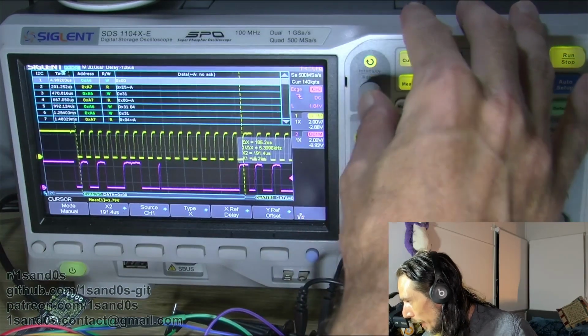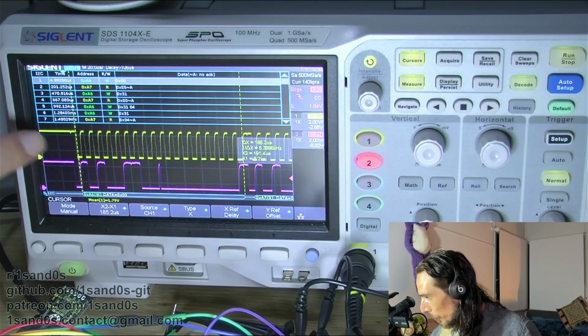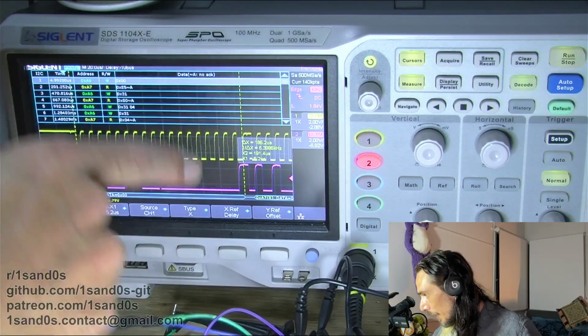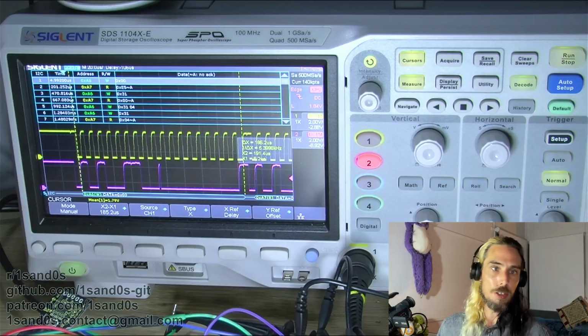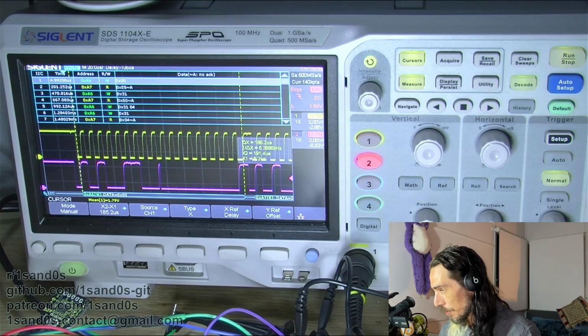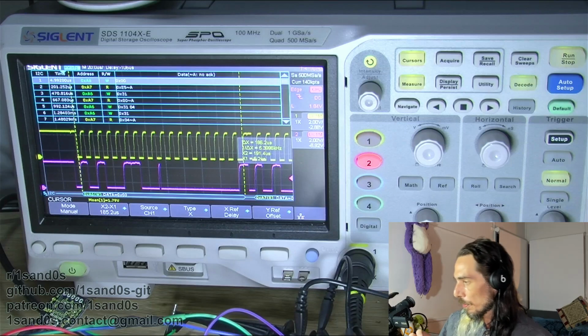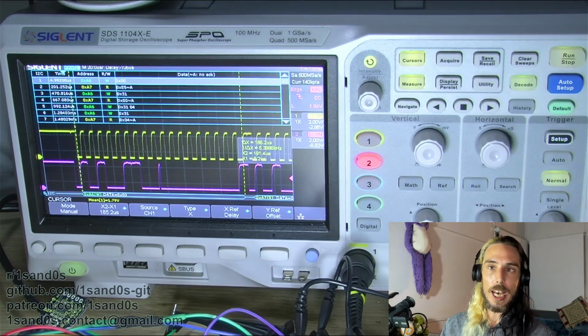We'll move that over to about there somewhere. So we can see we've got one cursor set up here, and our other yellow cursor set up here is basically one section of information that's being transmitted. In this case, it's basically sending a write command, and each device on the I2C bus effectively has its own